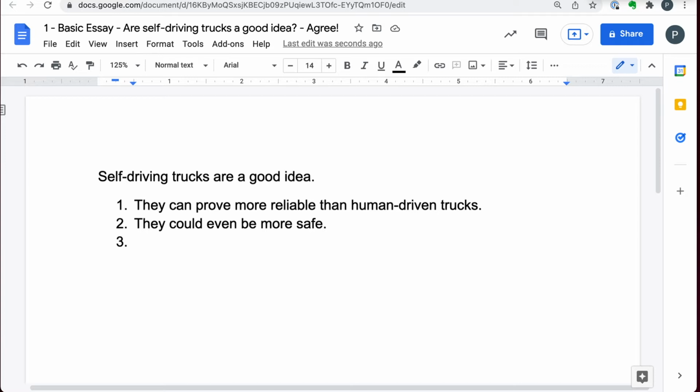The third reason is that they can prove more reliable than human-driven trucks. They could be more safe. Okay, so more safe, more reliable, and